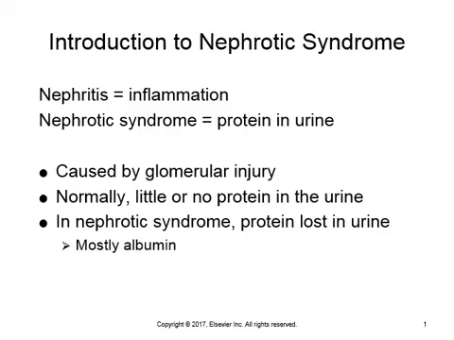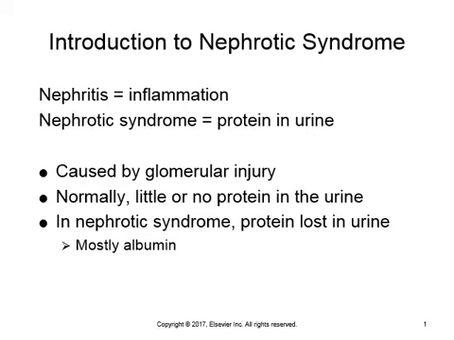This is a short set of slides introducing you to nephrotic syndrome and nephritic syndrome. So there are two different types of processes that can occur within the kidney that represent injury to the glomerulus. Nephritis, I remember the itis, I, inflammation, and nephrotic syndrome, I remember nephrotic O is the presence of protein, O,